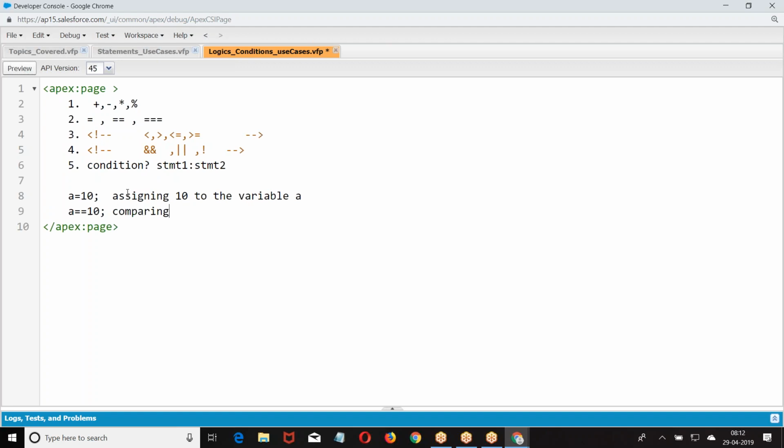Comparing, is the value of A equal to 10? So double equal means LHS, RHS. It checks whether the LHS value and RHS value are same or not.